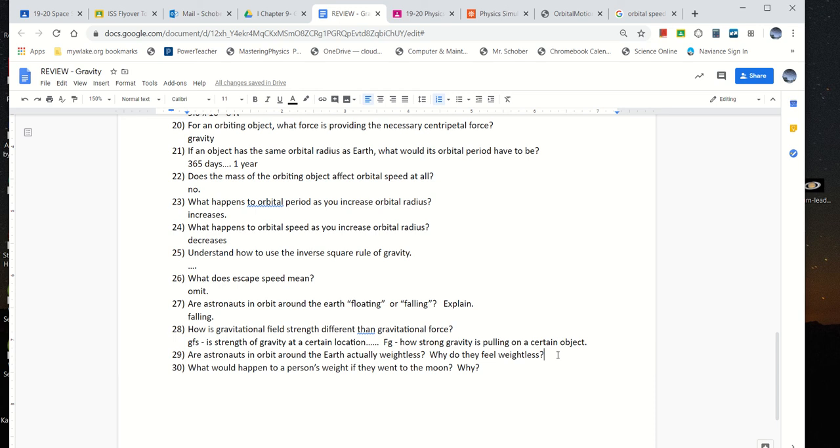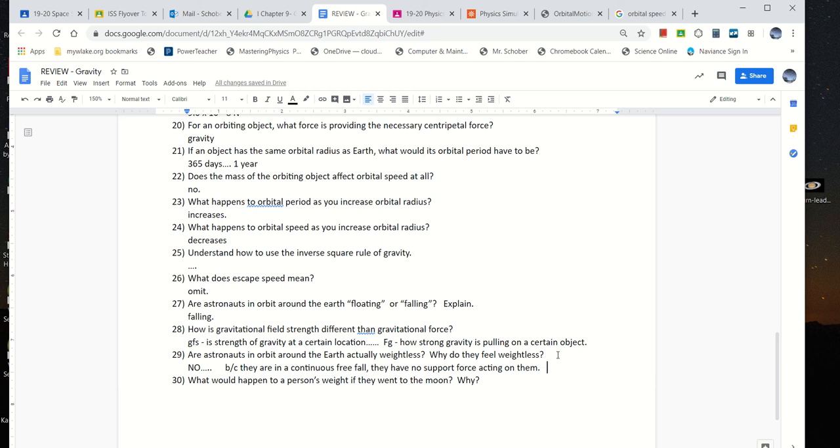Are astronauts in orbit around the Earth? You see them floating around. Are they actually weightless? No, they are not. Why do they feel weightless? You'd say that is because they are in a continuous free fall. And why does that make them feel weightless? It is because they have no support force acting on them. Okay, you take away that support force,